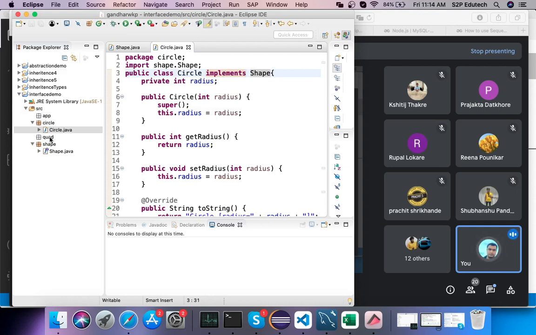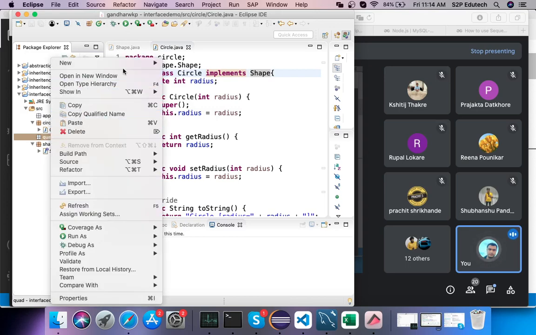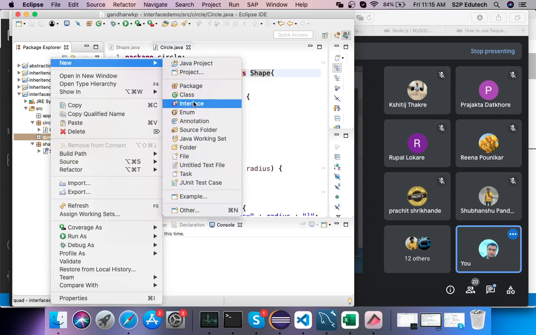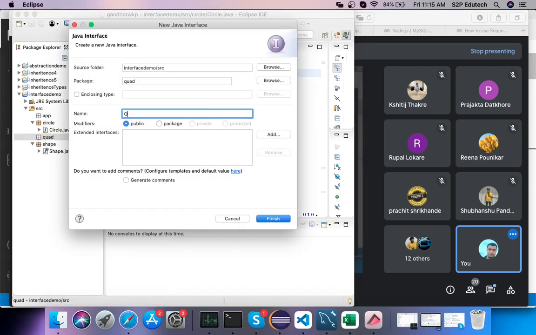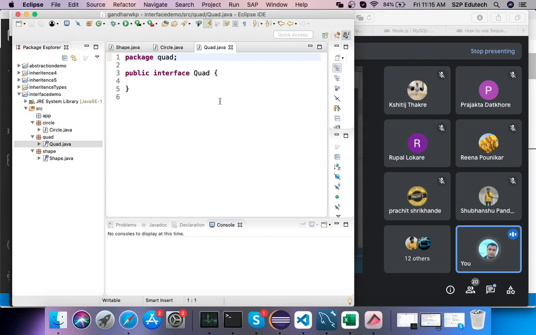So what I'll do is in my quadrilateral package, I'll create another interface. I'll call it quad. Right, so I have another interface quad. Now I have to make it a child of shape. How will I do that?